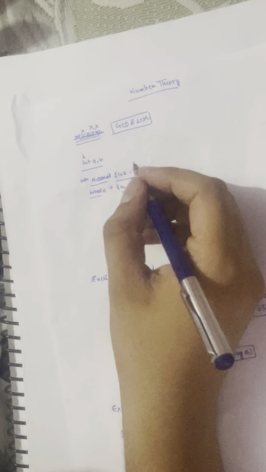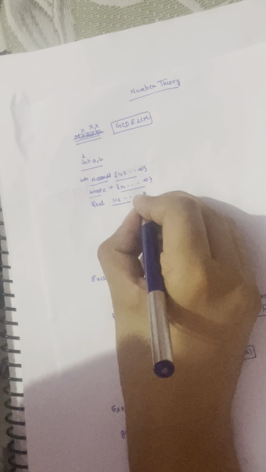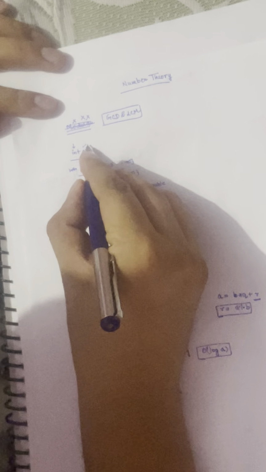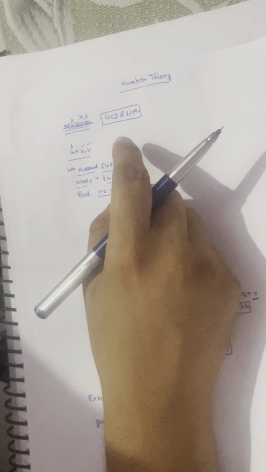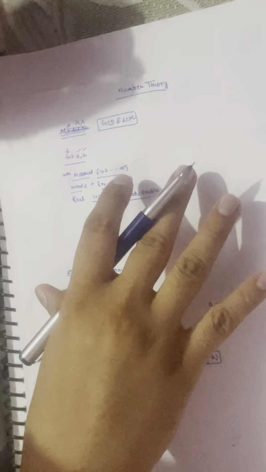We discussed integers, natural numbers, and whole numbers. Then there are real numbers, maybe some decimal number like 1.23, which we usually store in float or double data types. In this number theory topic, we will mostly be discussing integers, and all our discussion will revolve around them. Let's say we are given these two integers.